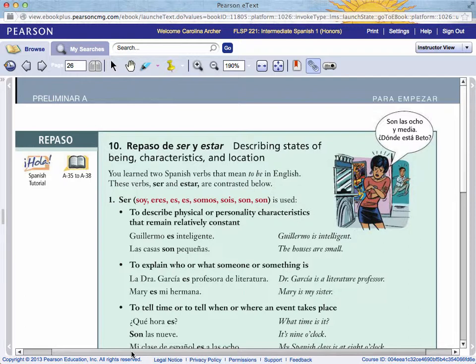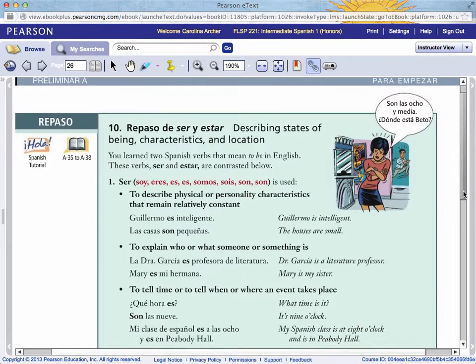In English, you have several twin verbs. One of them is, for example, to do and to make. In Spanish, we don't have two verbs to express do and make. We only have one, which is hacer, or to look and to see. Okay, those are twin verbs in English that we don't have in Spanish. But in Spanish, we do have this one, ser y estar. Okay,